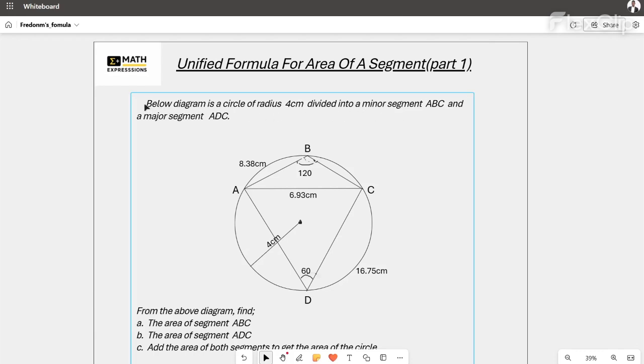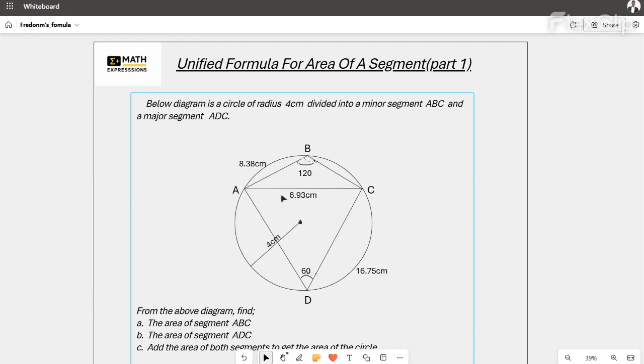It says, below diagram is a circle of radius 4 centimeter divided into a minor segment ABC and a major segment ADC. This is what the diagram is talking about. As you can see, it's a circle that is divided into a minor segment ABC, which refers to this minor segment, and the major segment ADC, which refers to this major segment, with numbers labeled at some parts